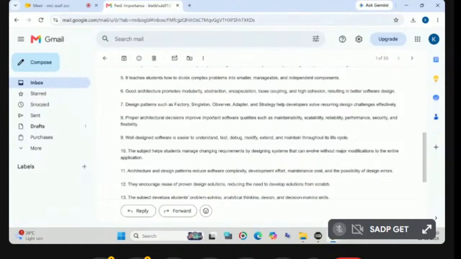and how you are going to complete your projects in multiple partitions, and then how you are going to go for the integration part. Okay, so then we will have proper architectural decisions that improve important software qualities such as maintainability, scalability, reliability, and all, right? So once you have a good architecture, then you will have what is to be done after your